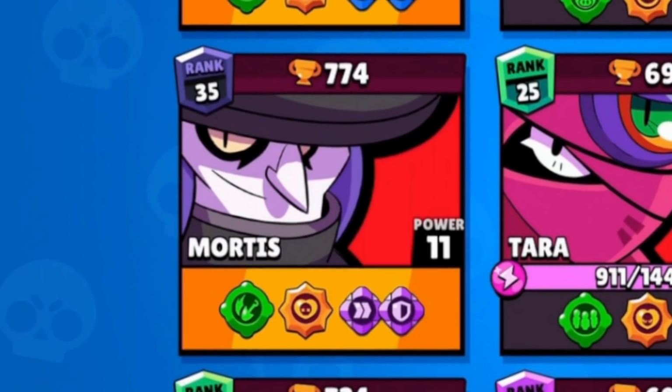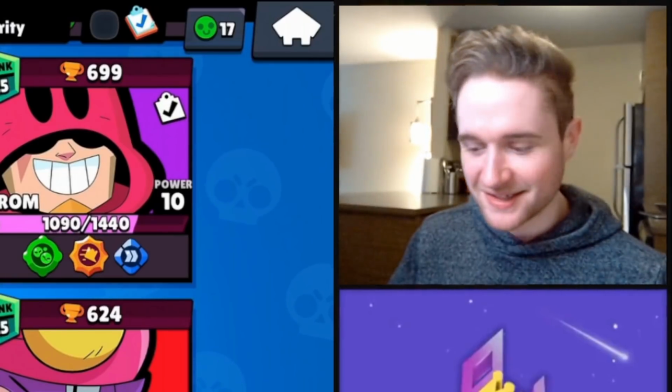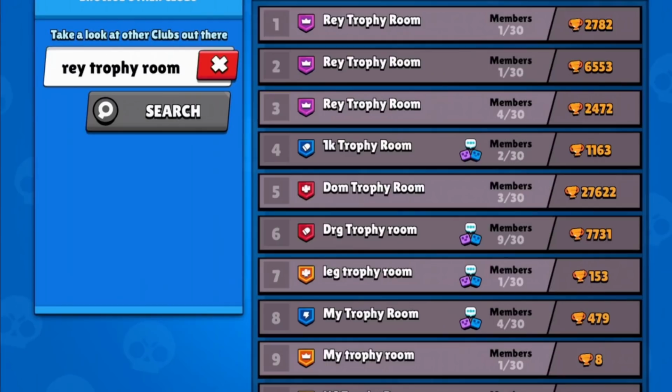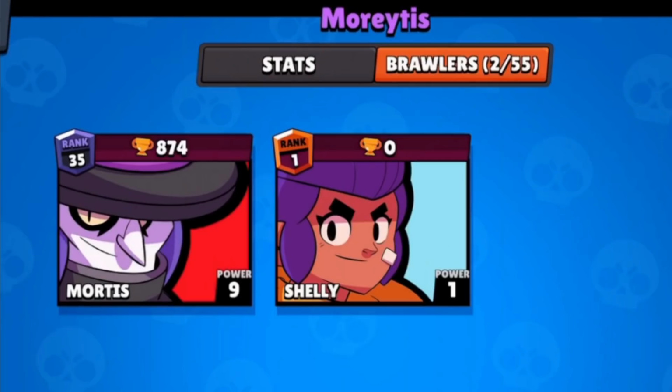I've only pushed 4 rank 35s in my entire life, and 2 of which are Mortis. 1 on the main account, and of course another one over here on my cursed Mortis account. Oh baby, it's beautiful. Moving along to our next flex, which honestly might not even be a flex, but I've